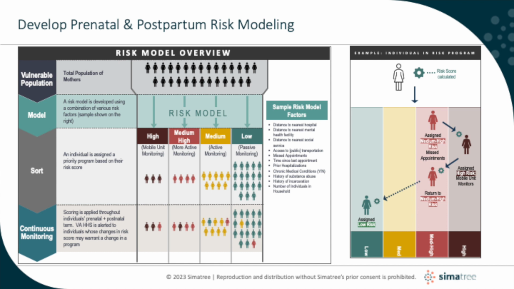We would also want to include information that was not available to us for this study, such as access to public transportation and appointment history, which would allow us to build a more robust model, including those individuals who had missed their past appointments as a predictor for whether that could lead to some sort of maternal mortality. Once we have that data combined, we can build an effective risk assessment model, as Steve will show you in a moment.